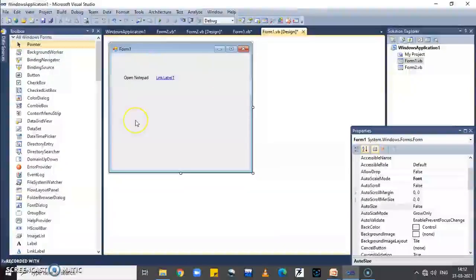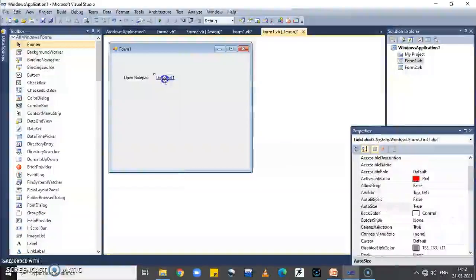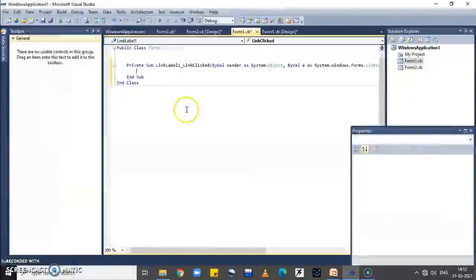Now when we run this form and click on this link label 1, then my notepad file is opened. Means I set the link of the notepad file with the link label. So just double click on the link label control.